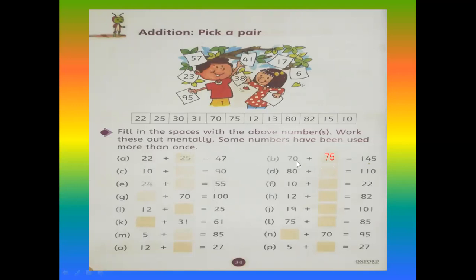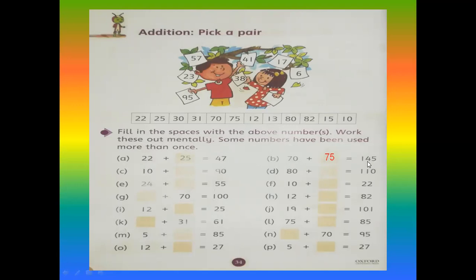If you cannot do it orally, you write in the rough page of your notebook, write 70 and then try to add the numbers. Because the answer is 145, it means it is near about the double of this one. So you try a big number to add to 70. First you write 80. If the answer is more than needed, you take 75, and then the answer will come. Look, 5 plus 0 is 5, and 7 plus 7 is 14.